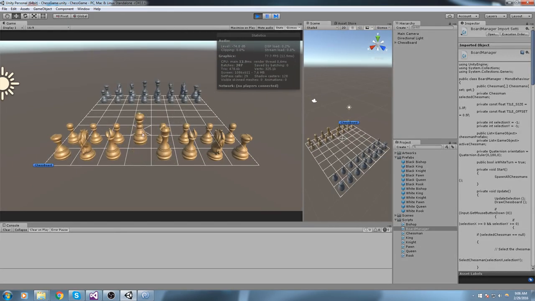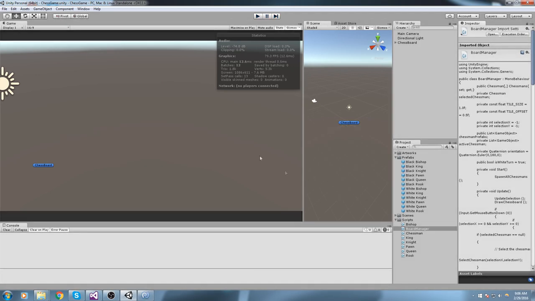And here we go. So in this episode we're gonna start tackling the movement of only the pawn, and we're gonna put some highlights somewhere on the board so we can tell the player where he's allowed to click after selecting an object. So we got quite a lot of code to do for that, but the first thing I'd like to make